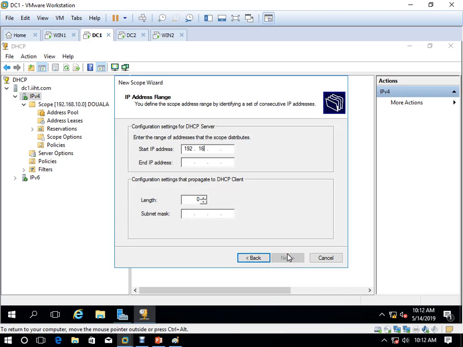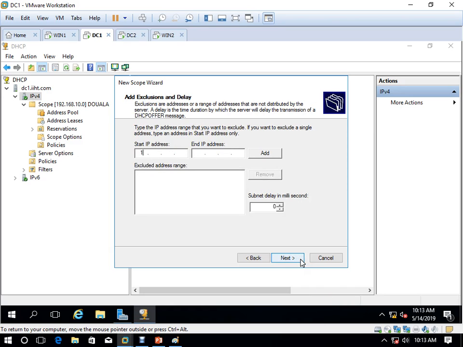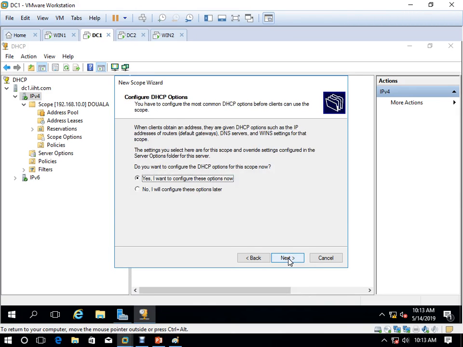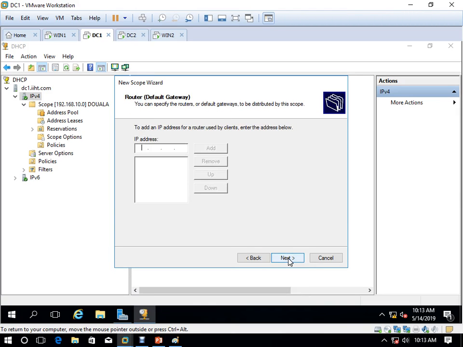I want to give IP addresses from the 20.1, 20 range. For Yaoundé, I have kept only one IP address reserved, because it is the IP which I am using on the server. Yes, I want to activate. What will be the default gateway? The default gateway for them is 20.1.